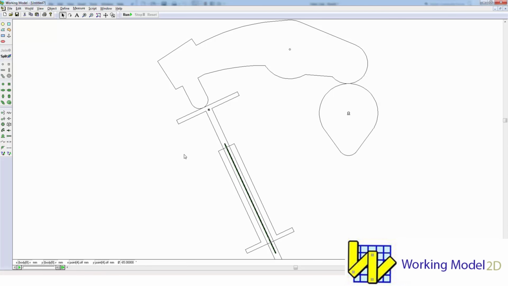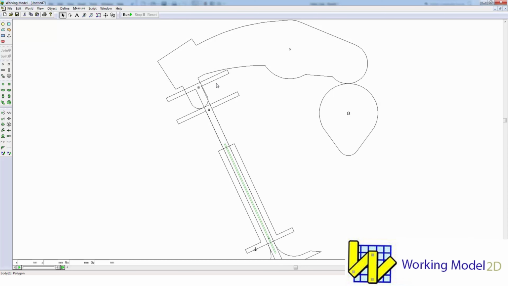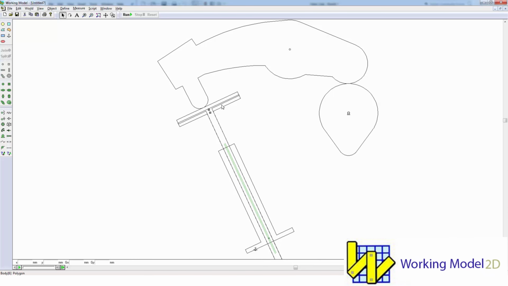And before I drag them to verify that they are connected, I need to add an anchor to the valve guide here so that it doesn't move around. Now if I click, hold, and drag, that looks good. So it's good to check your connections as you build them to make sure that you have the proper degrees of freedom, so this part isn't flopping all over in space for some reason. And we'll undo that movement.